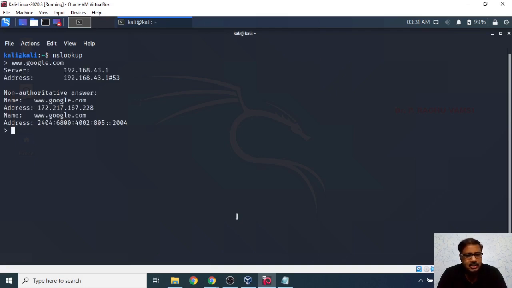So here the server address is this one, and the non-authoritative answer name and its address is this one, like 170.217.167.228. This is the server address, and various other options are also available in NSLOOKUP.